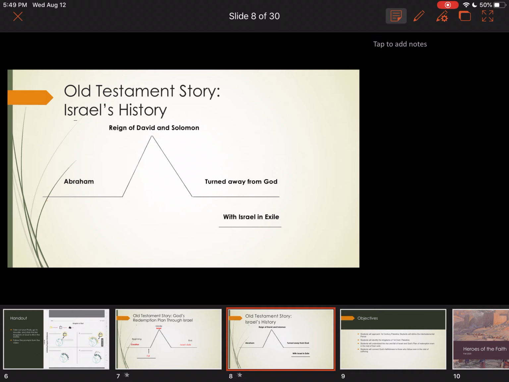And so next lesson, we'll talk about this particular exile and how the Israelites were taken from their land and who took them. And we'll learn about these particular empires who took them and how God, even through exile, even through all of that, took care of them and made their exile a part of his redemption plan.